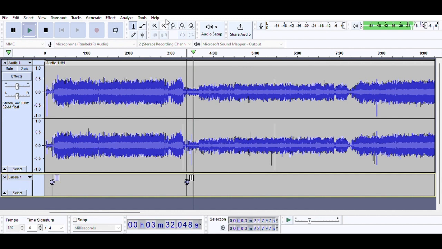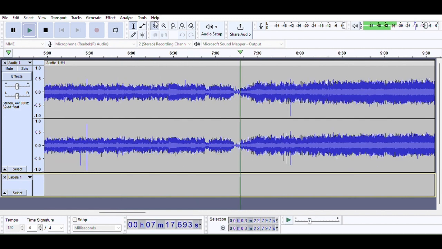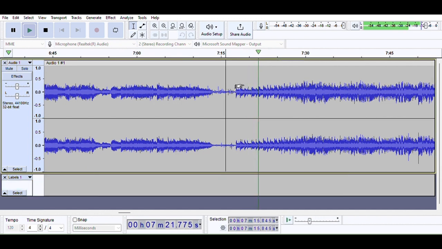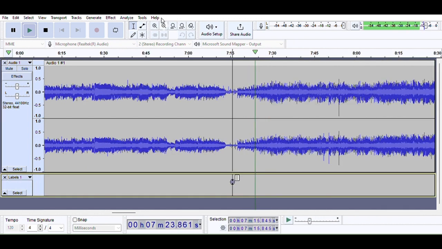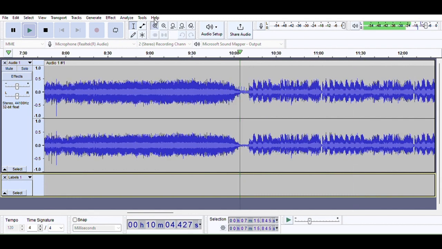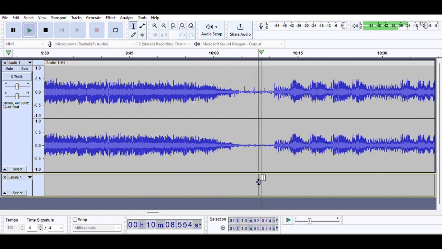Now go out. This one looks like there's a lot of radio, so click here at this location, zoom in, and I'm going to say there's a track right here. So I'm going to go Control B, zoom back out. Of course, if you're listening to the actual music, you'll be able to hear it. So click here, this is the next track, zoom in, and right about here, Control B, zoom out,